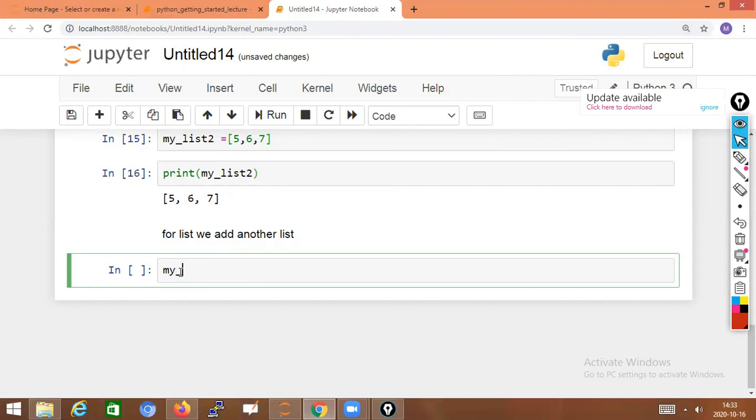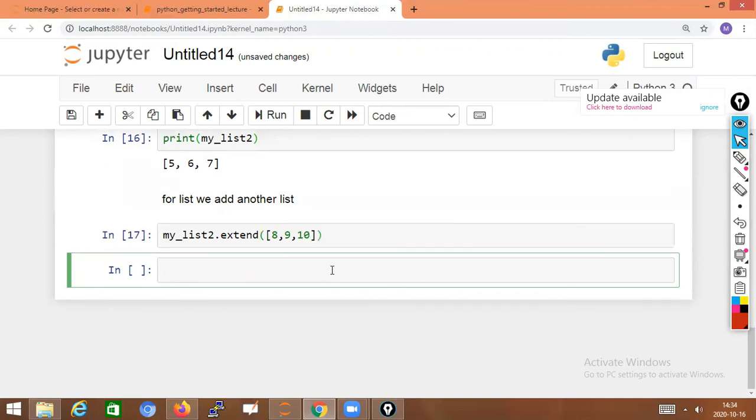My list 2 dot extend. You write the function extend. In this extend I'm giving another list: 8 comma 9 comma 10. For the 5 6 7 list we are adding another list, 8 9 10. Shift+Enter, it is added.